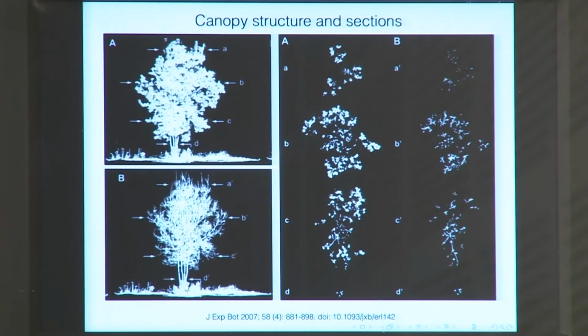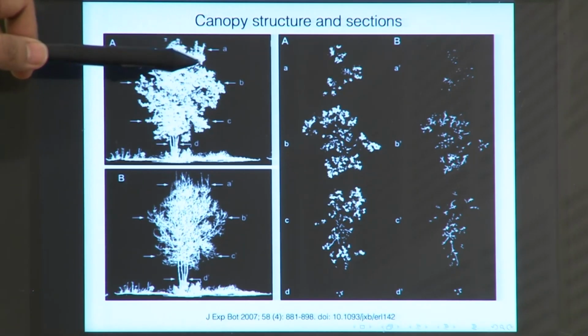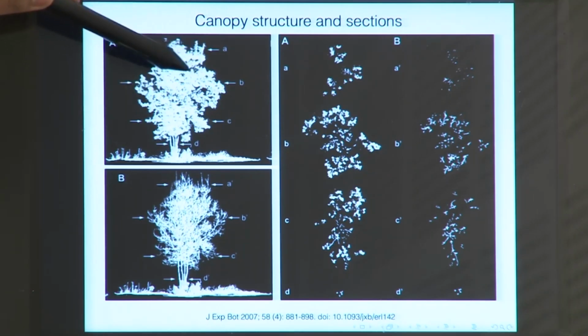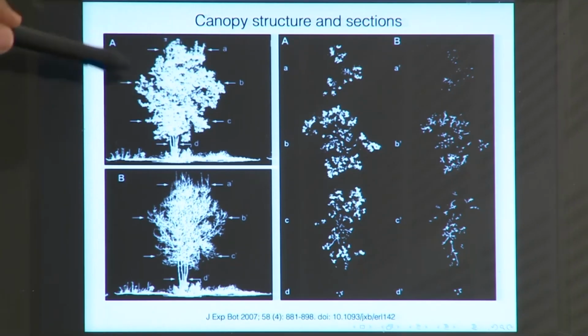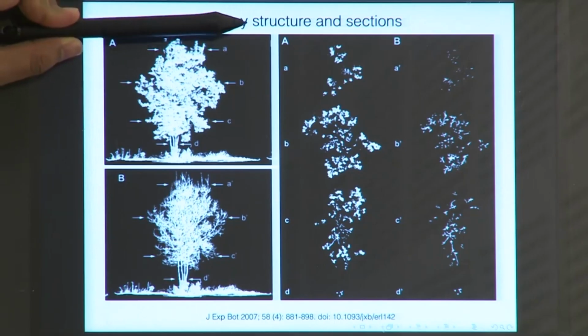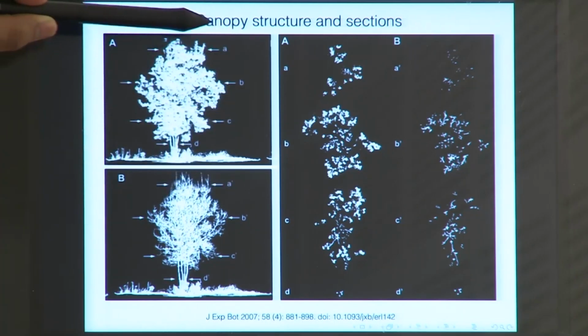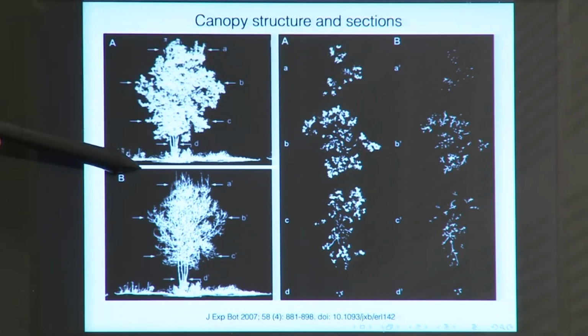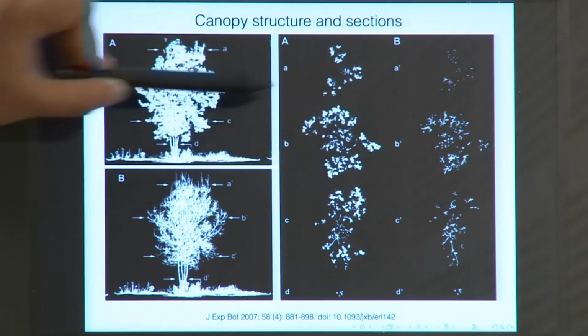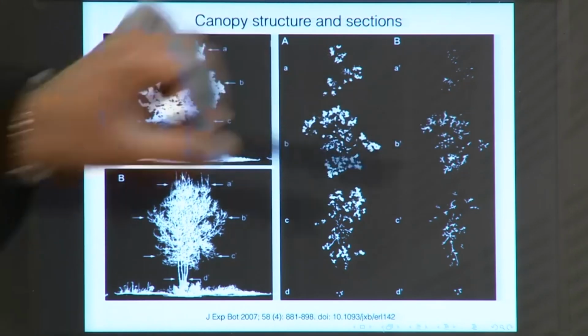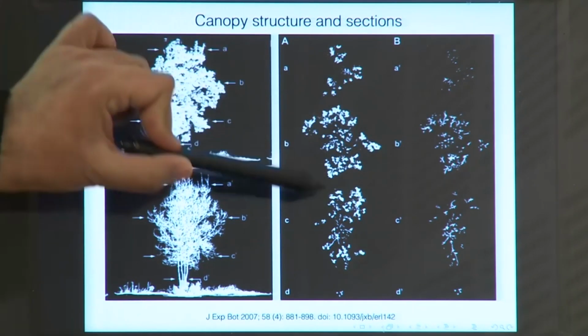Second, you can study the canopy structure and the sections, because if you go for higher resolution imagery, say a discrete return measurement, then each and every one of these points is represented in your 3D model, and once you have this representation you can ask your computer to create a section of these different regions. So, the AA section would look like this. In this image the BB section is looking like this. In this case you have very thin leaves, this is the CC section and then the DD